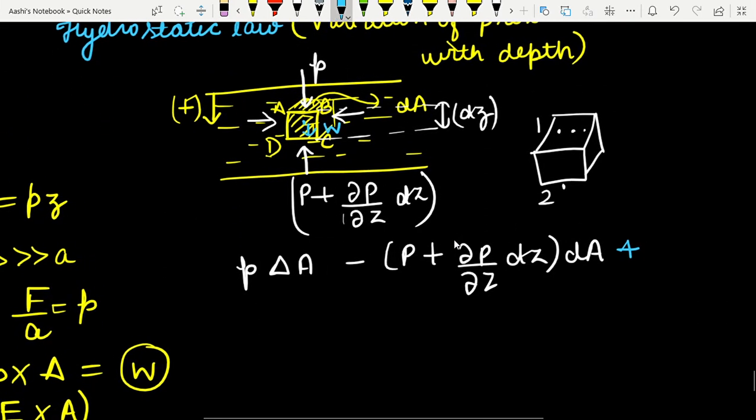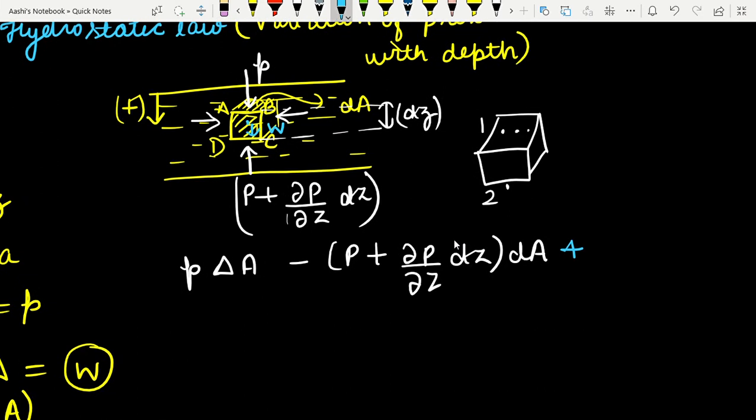So basically what is the weight here? Weight is nothing but m into g. And mass can be written as rho into volume, because density is mass per unit volume. Rho into V into g, that is how I can write. So I have just equated the forces. The net force on this particular element should be 0. Why? Because the fluid is at rest. So net force should be 0.